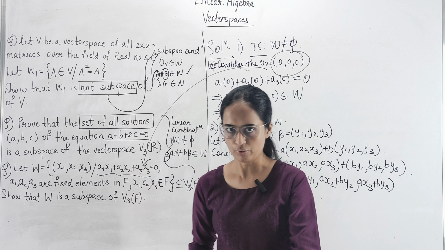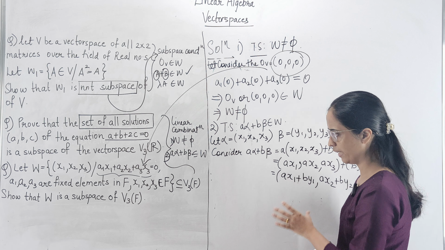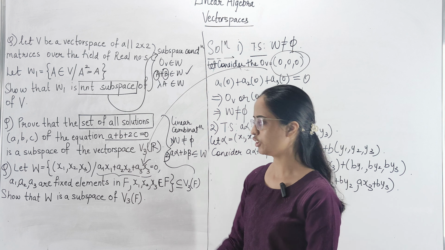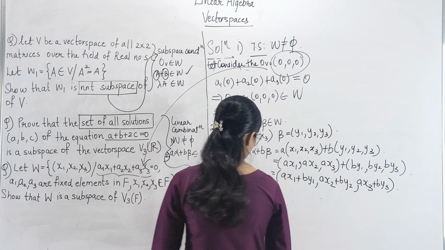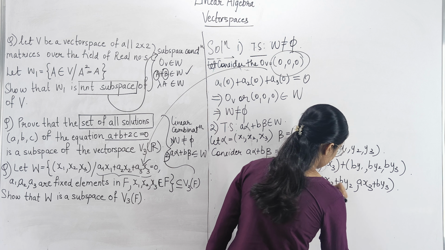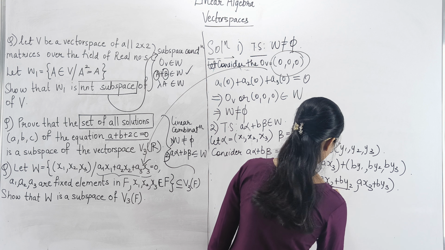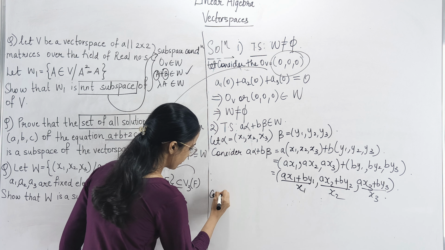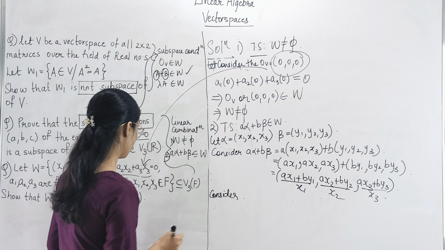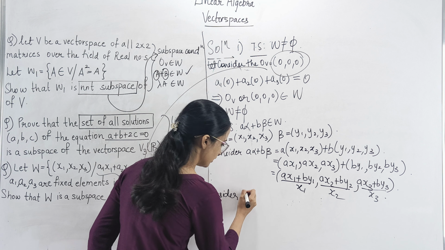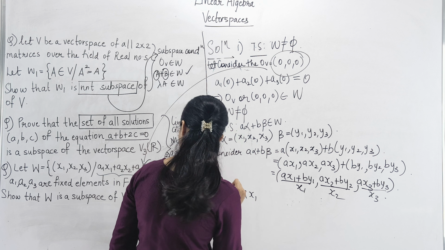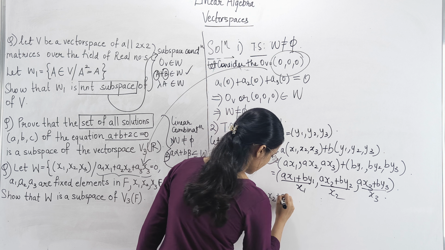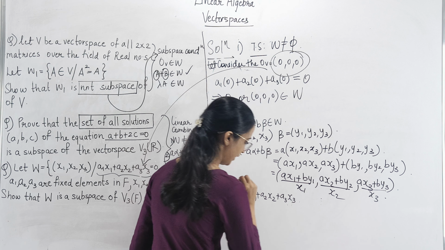वंस वी गेट इट्स टपल फॉर्म वी आर गोइंग टू सी कि वेदर ये जो टपल है ये इस कंडीशन को सेटिस्फाई करता है या नहीं. आई मीन ये इस कंडीशन को सेटिस्फाई करता है या नहीं. सो नाउ दिस इज नथिंग बट योर x, दिस इज नथिंग बट योर x1, दिस इज x2 एंड दिस इज x3. सो अभी हम लोग क्या कंसिडर करेंगे? वी आर गोइंग टू कंसिडर द कंडीशन दैट इज गिवन टू यू व्हिच इज this one. So consider a1 x1 plus a2 x2 plus a3 x3.